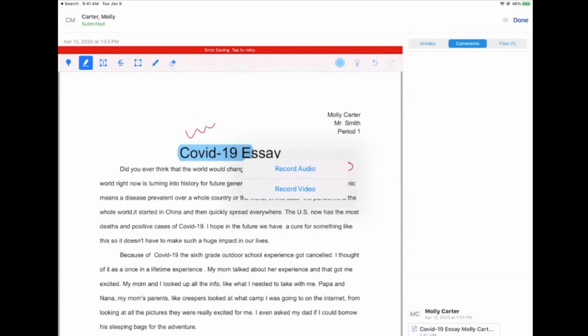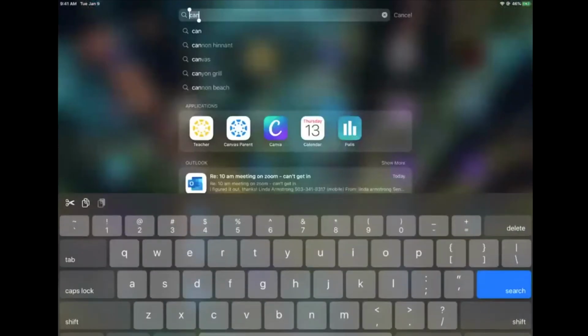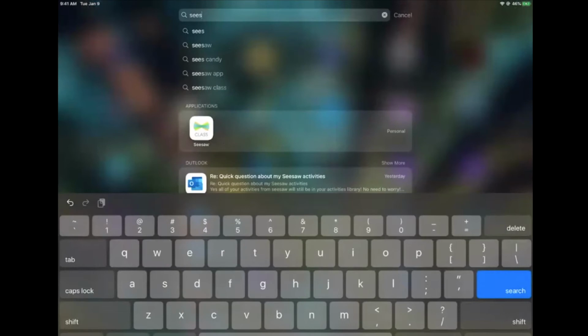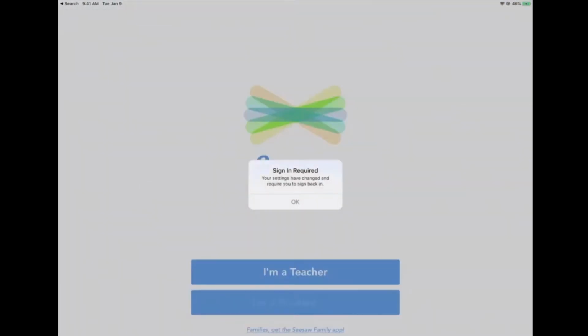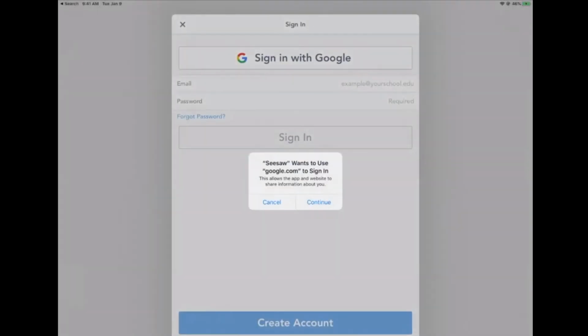Yeah, when you mentioned Seesaw and the speech to text feature, can you talk about what that looks like again? Well, sometimes it's hard because we don't always have students in our demo classes. So let me just see. I'm going to go in and see if I have the ability to even do that. But just anytime you're in on your iPad,